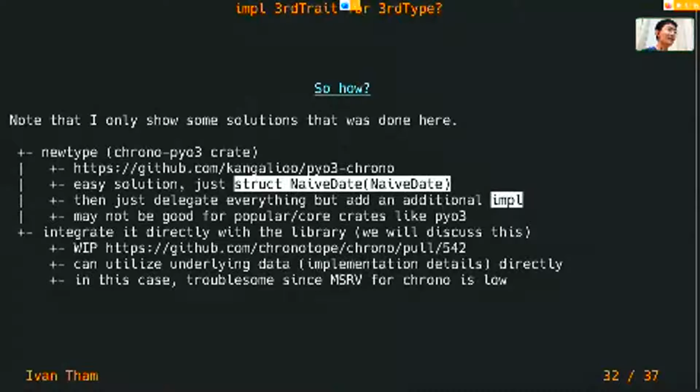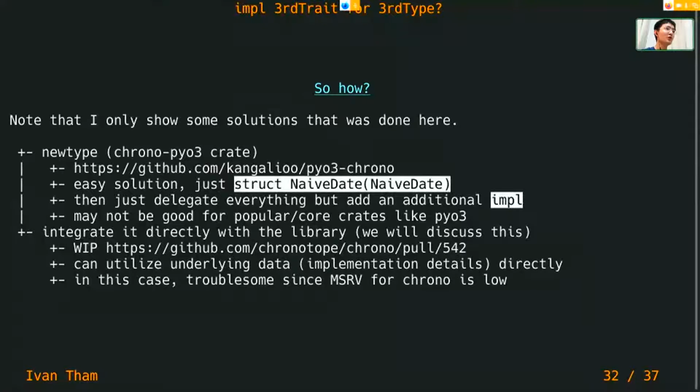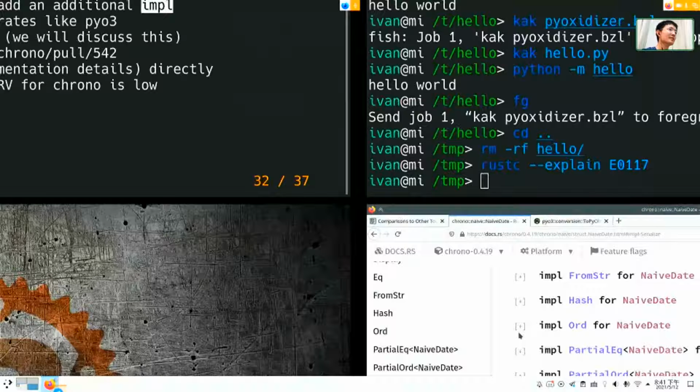I'll show some solutions that were done. There are also other solutions like using specialization, but that is in nightly only. So both of these are viable solutions that we see. The easier solution is through a newtype. You can see for